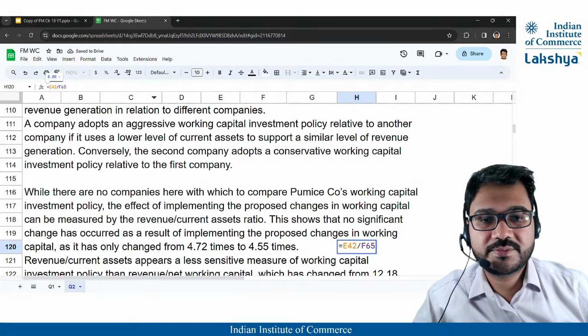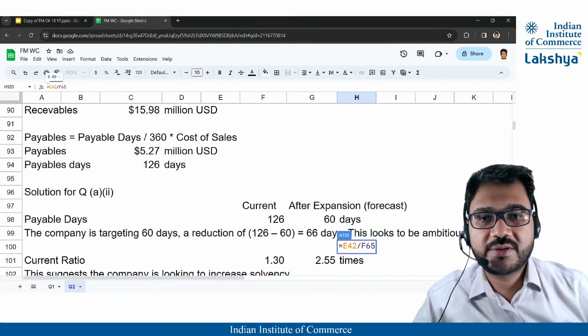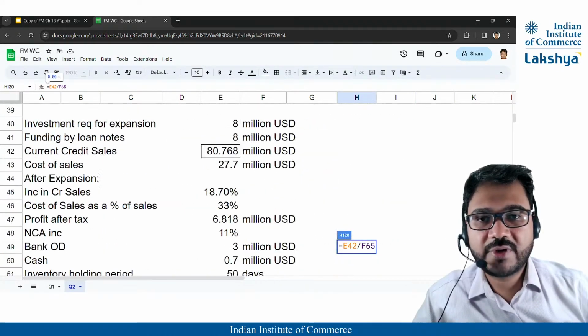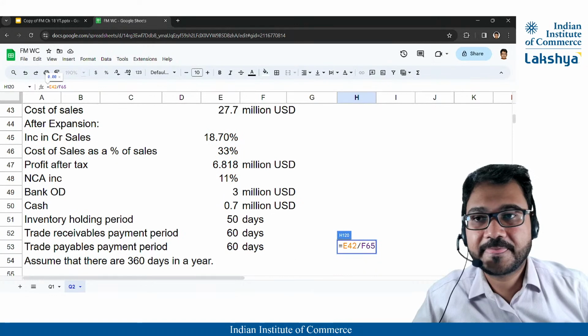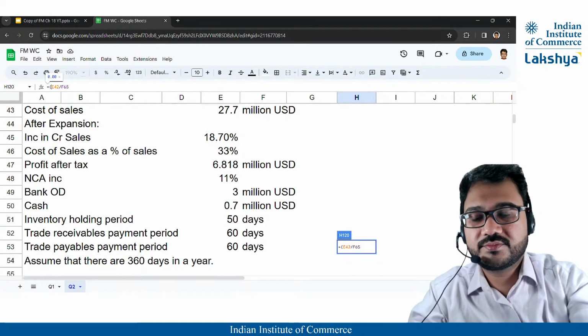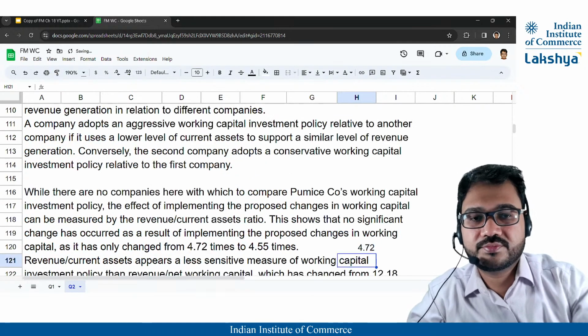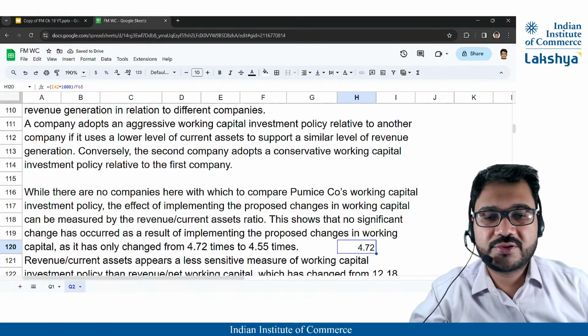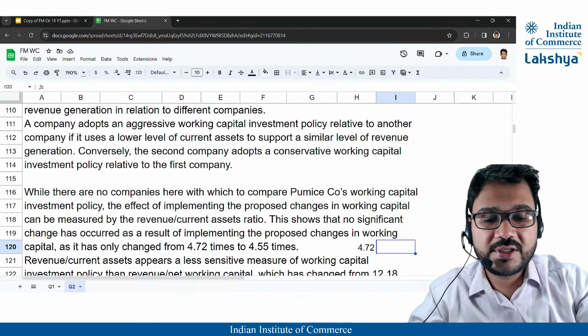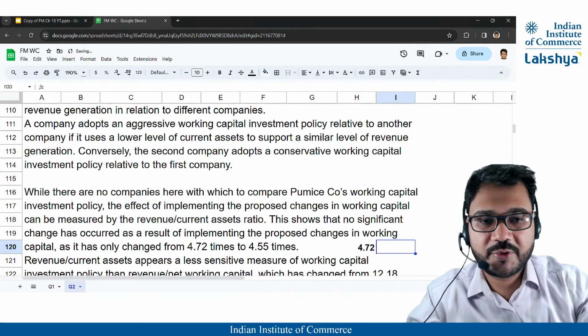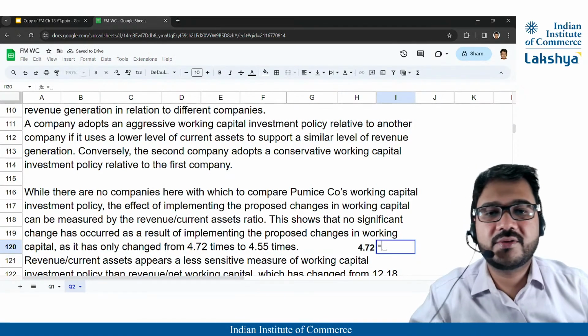Oh, wait. Revenues were in millions, right? Yeah. So see, easy mistakes. So 4.72, right? And then you will say that this was earlier, it was 4.72. Currently, it will become